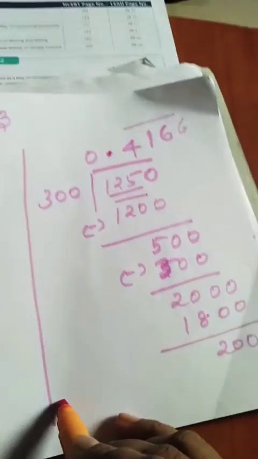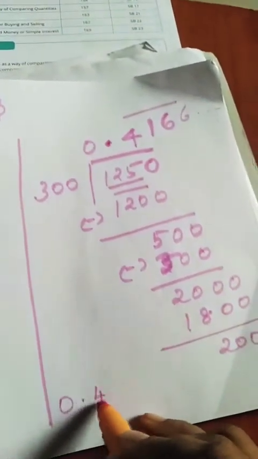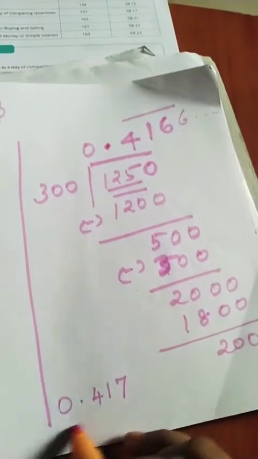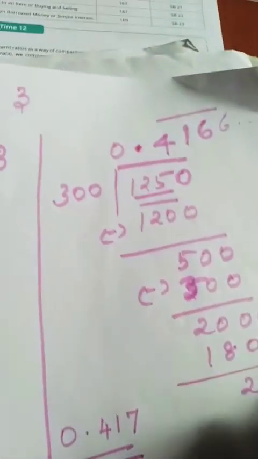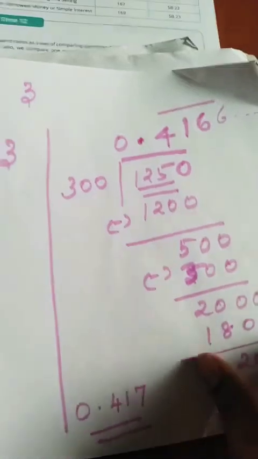So it is 0.416666, or you can write it as 0.417. Okay, clear, children? Shall we go to the next question? Okay. Now,